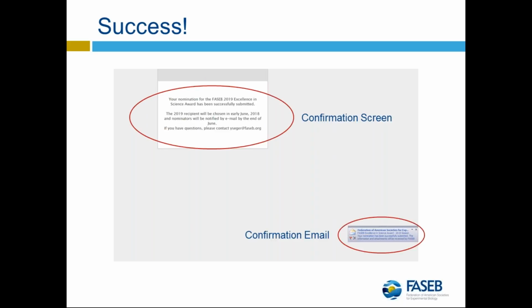And in the lower right corner, I timed this perfectly when I took the screenshot, because the email came through. You'll receive an email confirmation that says your nomination has been received. Do not anticipate any other communication in the process regarding whether or not your nomination was received. If you see this confirmation screen and receive a confirmation email, know that we have your materials.